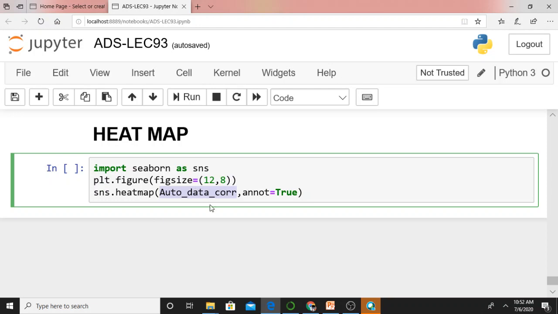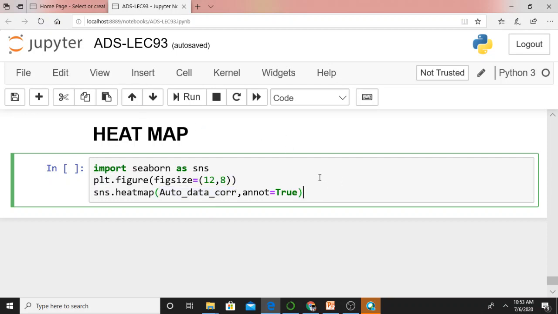Seaborn has an amazing heat map available for you. You pass in the correlation matrix to the heat map, and this represents the correlation matrix. Let me run this one.